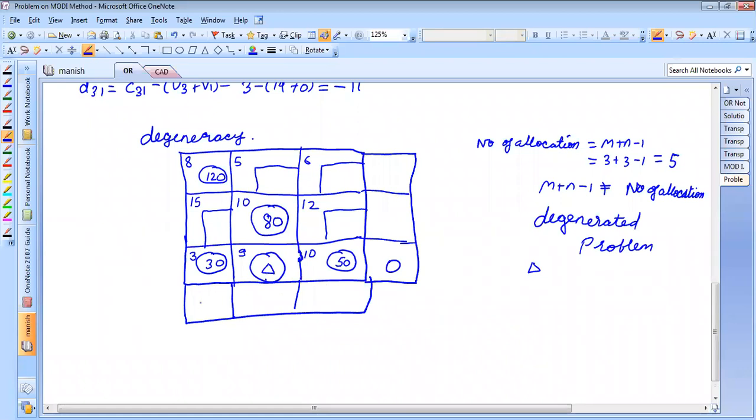If I make u3 equal to 0, my v1 will be equal to 3, v2 will be equal to 9, and v3 will be equal to 10, isn't it? Again for occupied cells, Cij is